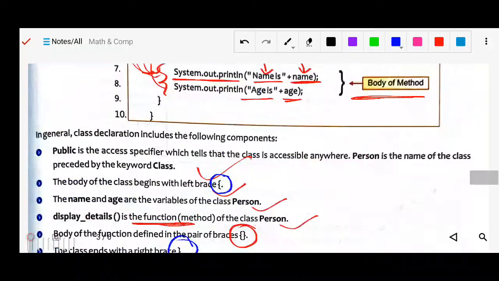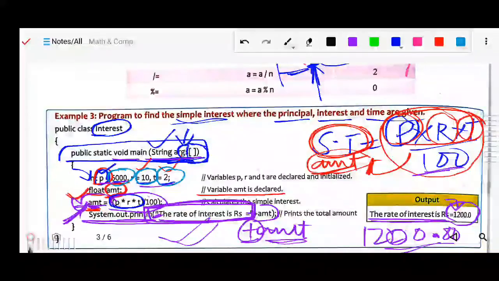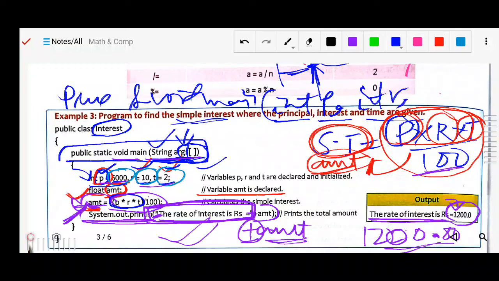Same as the last program, where we declared int r. You can do the same program by this method, through the main method. How can you write it? Simply write public static void main, and here you can pass int p, int r and int t.